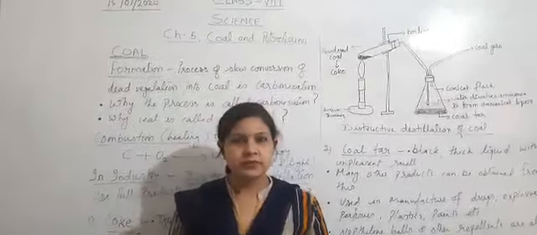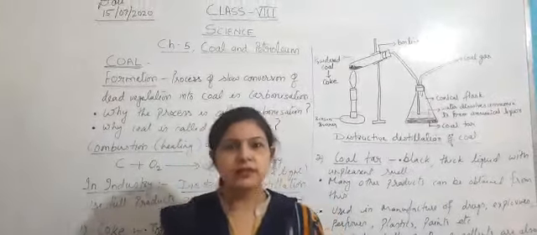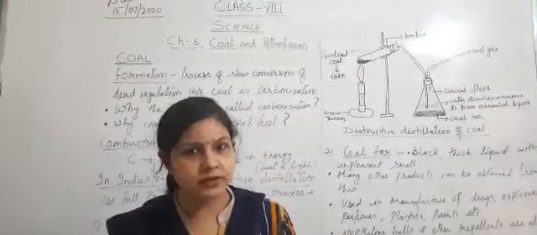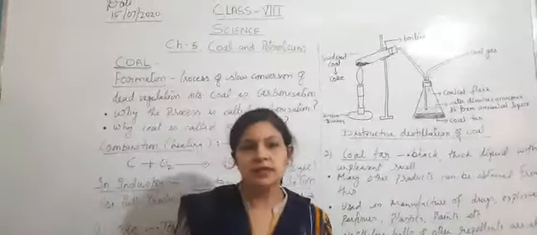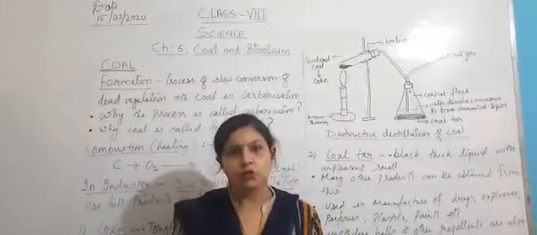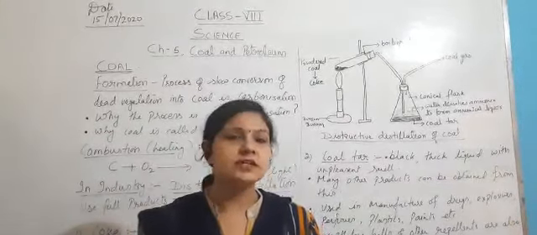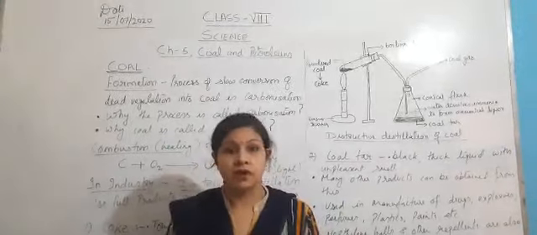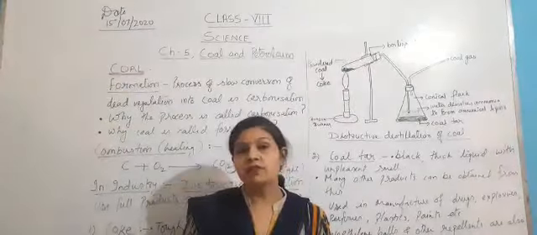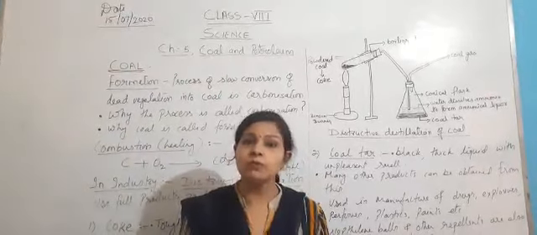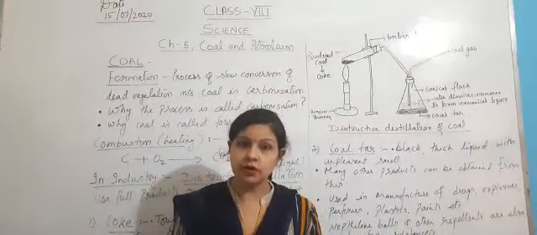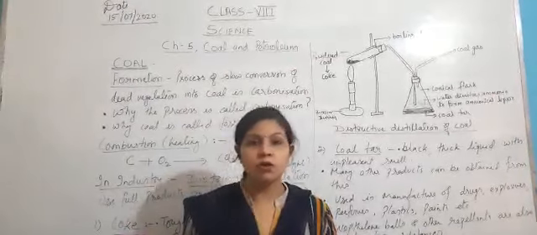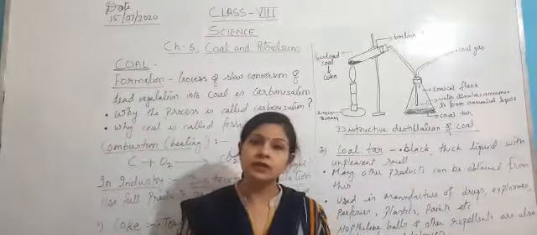Good morning, children. So we are again here to discuss the chapter Coal and Petroleum in Science, that is chapter 5. In the last video we were discussing coal: what is coal, what does it look like and where is it found. One more thing we discussed is that coal is obtained from coal mines. When we dig deep into the soil, we find the coal, and these places from where we obtain the coal are called coal mines.